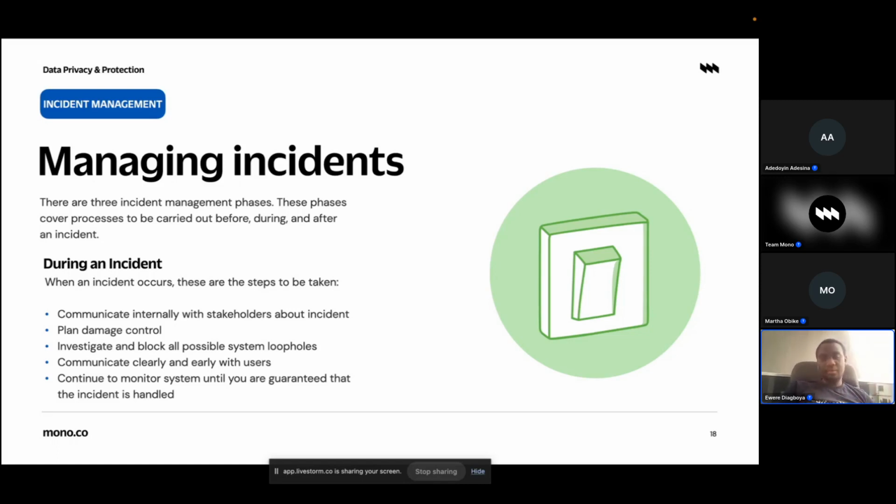Now, after blocking that IP, you don't continue business as usual. You have to monitor the system for a few minutes or a few hours to be sure that the mitigation works, because some of these malicious actors can change to another IP address and continue what they're doing. So you need to make sure that you continue to monitor the system until you are guaranteed that the incident is properly handled. If you don't do that, even when you perform the basic mitigation steps or the damage control steps you tried, it might work temporarily, and that malicious actor can come back and even inflict more damage on your system. Next slide, please.